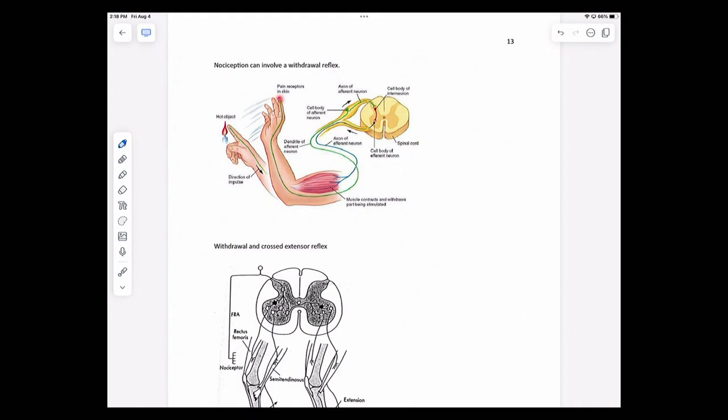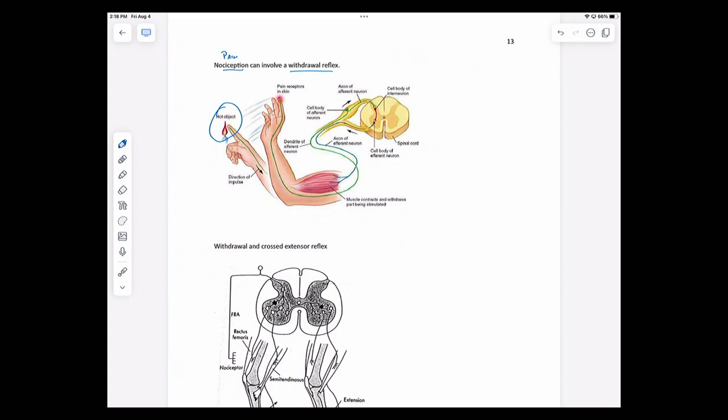I want to spend just a few minutes talking about nociception, in this case pain, its involvement with a withdrawal reflex. We have all had the experience, maybe having a pot or something on the stove. You thought it was normal temperature, you grab it and it's hot. And you know what happens. You, with lightning speed, withdraw from the hot pot. Well, obviously, the hot object, we're talking about nociception, we're talking about pain.